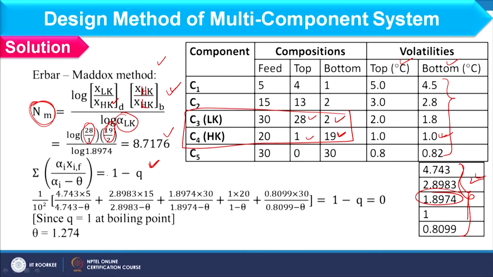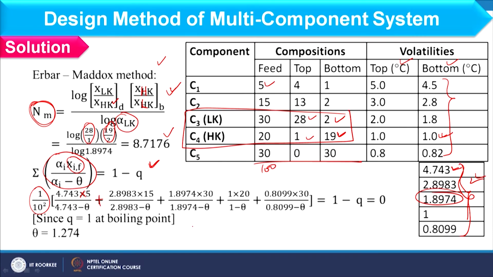theta value, and in this equation this XIF is basically the fraction of component I in feed, okay. So, if you see the total feed is basically 100, so we can consider 1 by 100 over here, and then we keep on expanding this expression. So, that should be alpha I. So, for the first component 4.743 into 5, that is given over here, divided by this alpha I minus theta, okay,